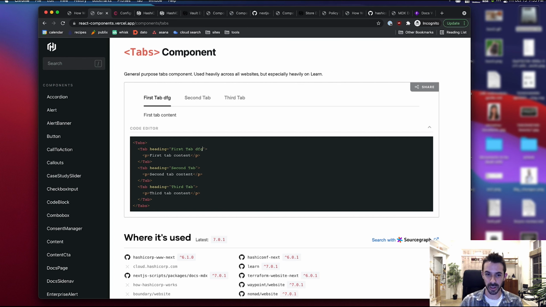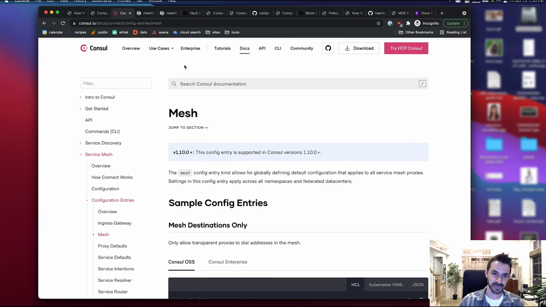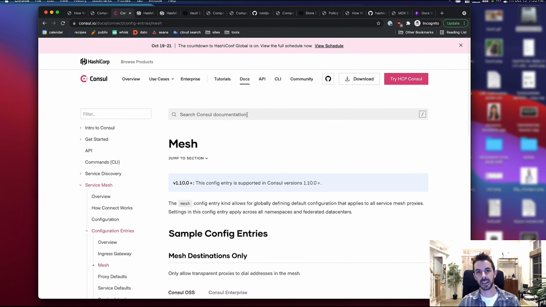But it's got a live code editor, and it's a really helpful tool for us in developing components. All right, that's enough about SwingSet. Let's go back to examples of tabs. Here we are on the console docs website,